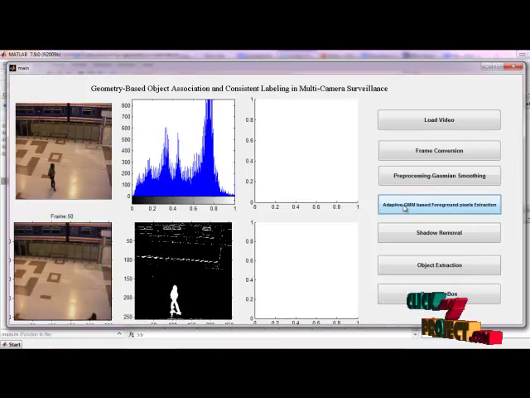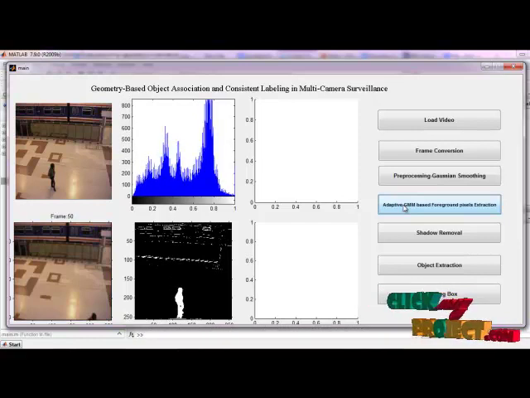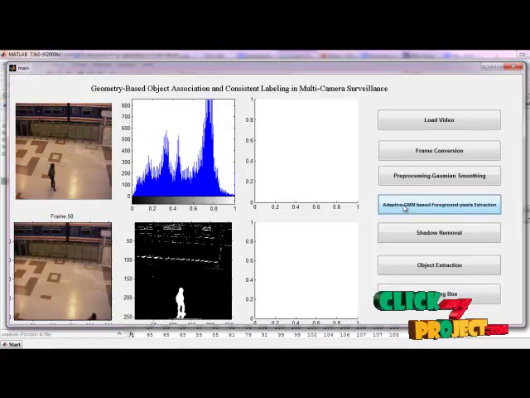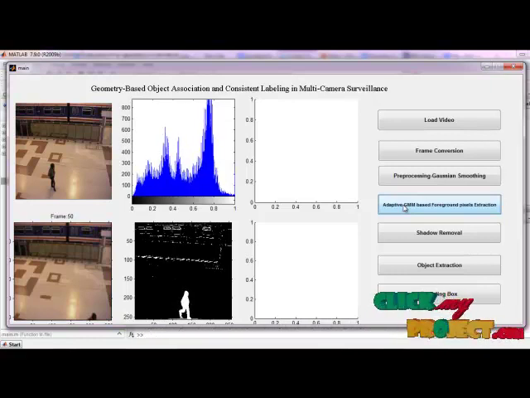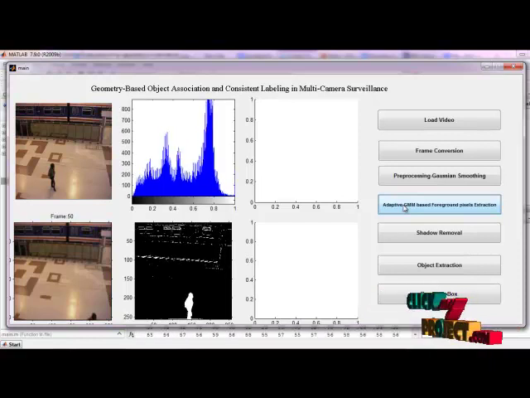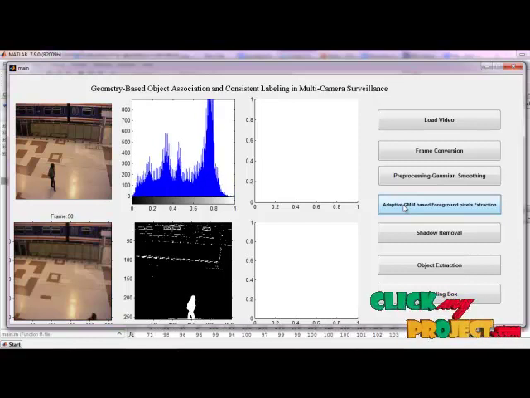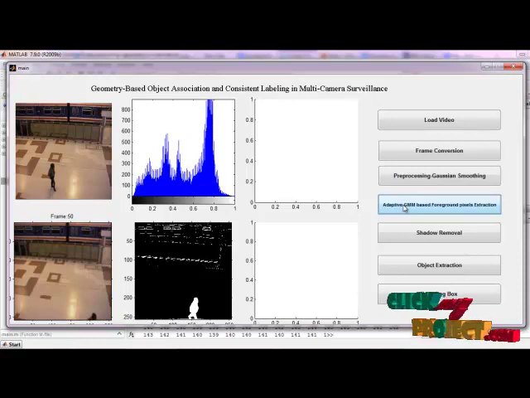Adaptive GMM can be used to determine whether a new input pixel belongs to the background or the foreground. If the pixel matches one of the B distributions, it is treated as background, otherwise it is a foreground pixel. A Gaussian smoothing operation is applied on each input RGB frame. Then we perform frame differencing between the smoothed input and the background image maintained by the adaptive GMM. The foreground pixels including moving shadows are extracted first, and then we go for shadow removal.